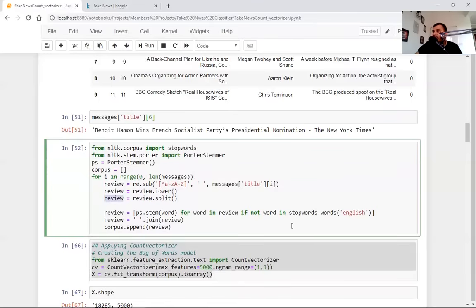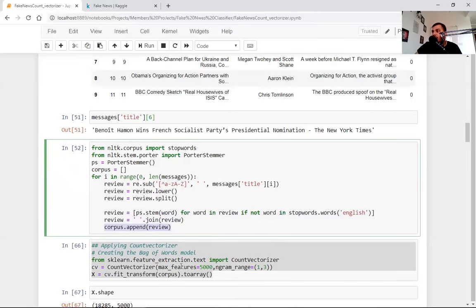Then for each and every word in this review list, I have to go and check whether that word belongs to stopwords.english or not. Stop words basically means words like if, I, can, he, she, which do not have much importance, right? If it is not present in the English stop words, we will do the stemming of that particular word, and then it will get returned to the review in the form of a list only. And finally I'm combining all the words with the help of the join function, and finally I'm getting my corpus